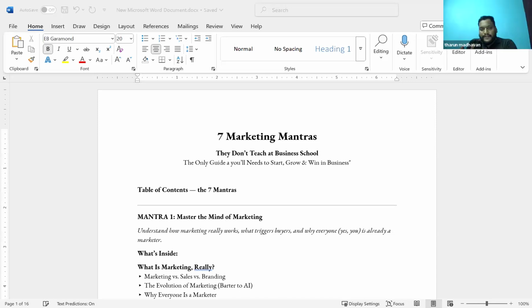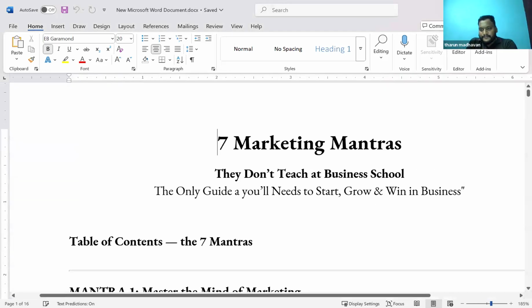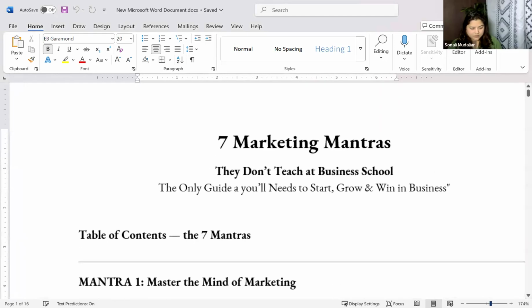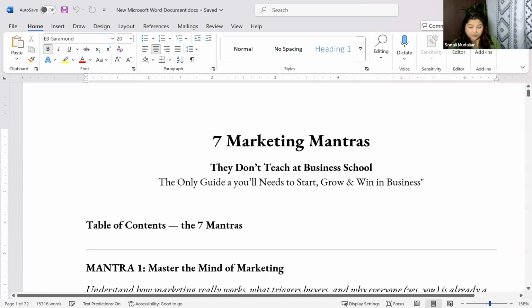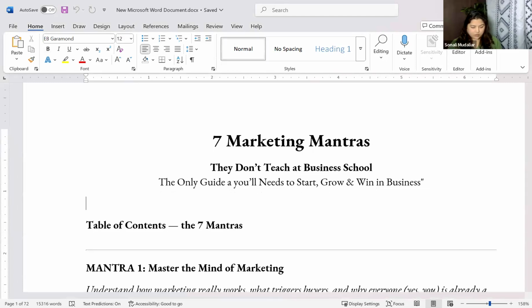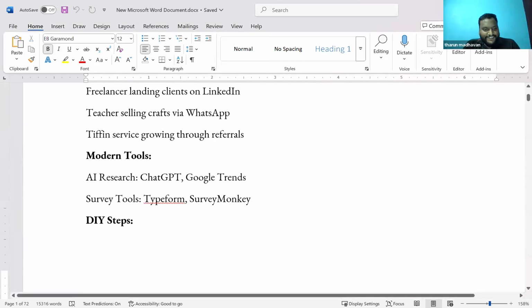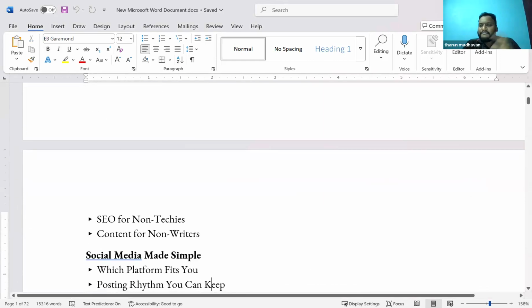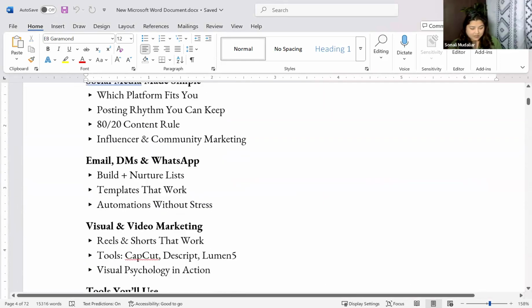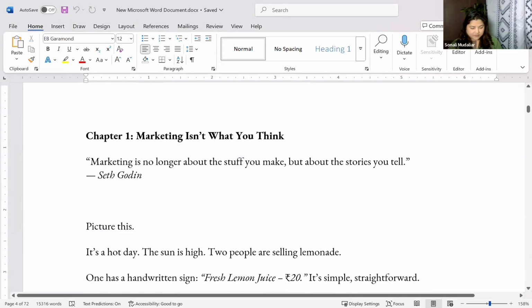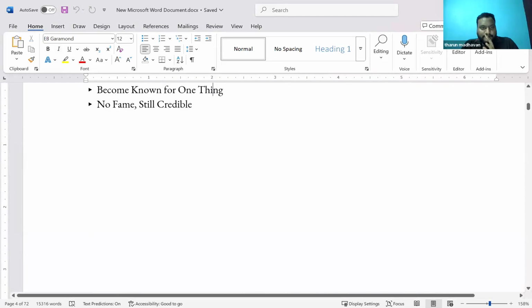Let's see. So formatting is to be done. Scroll down. I want to see what you have written. This is the same menu. We'll go to the chapter. This is the outline.